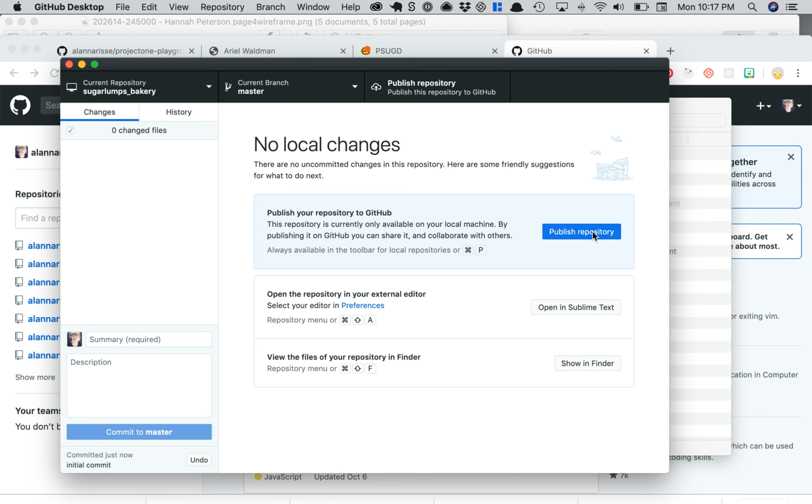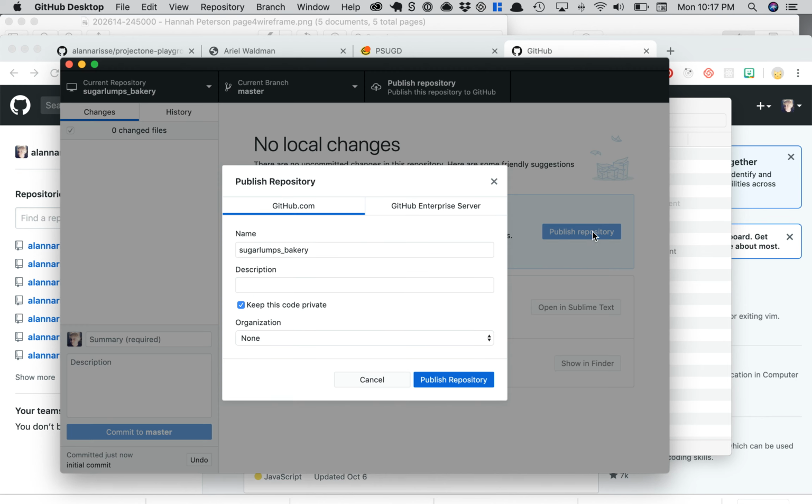What this is going to do is create a repository on github.com for us. So let's click that. We want to keep it the same name. We want it to be on github.com. Make sure, this is really important, to uncheck this box, because if we keep it private, the private code bases require a monthly membership, so it'll prompt you to create a membership and put a credit card in. So we don't want the code private. This organization's fine. Everything else should stay the same. And then we click on publish,